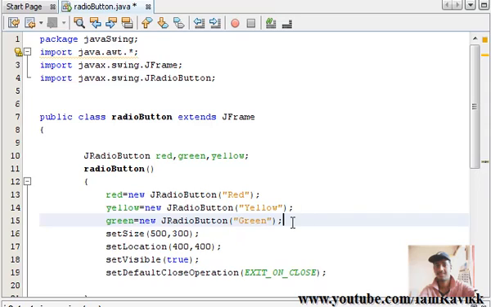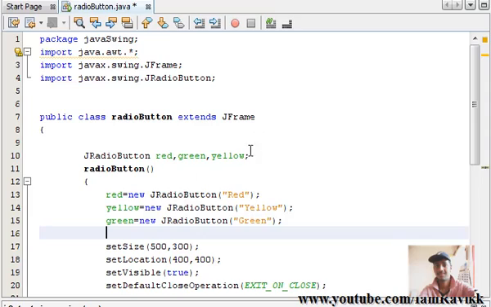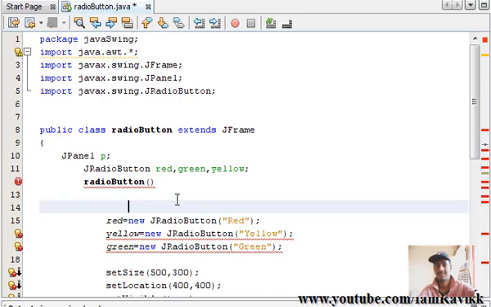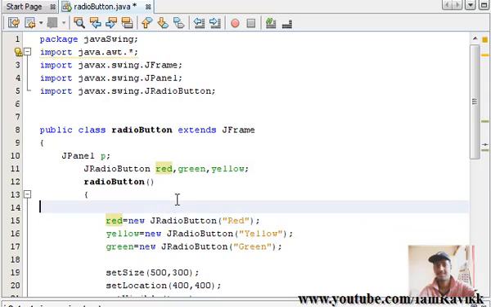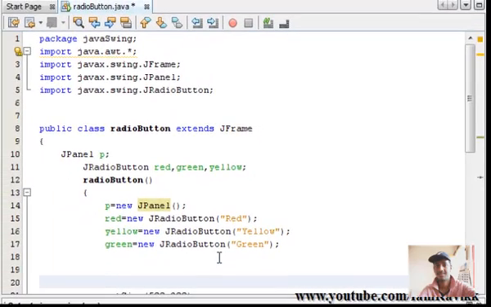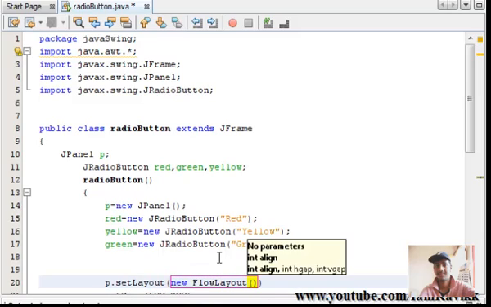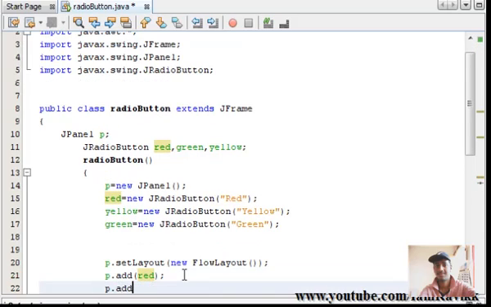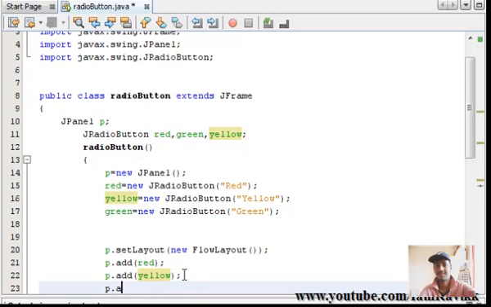green. Okay, and what we'll do is we'll add these three JRadio buttons to a panel. Okay, so that is JPanel P, and import that. P equals new JPanel. Okay, so what we'll do is we'll set a new flow layout manager to this particular panel. That's P dot setLayout new FlowLayout. Okay, so now we'll add these controls to the panel, that is P dot add red, P dot add yellow, and P dot add green,